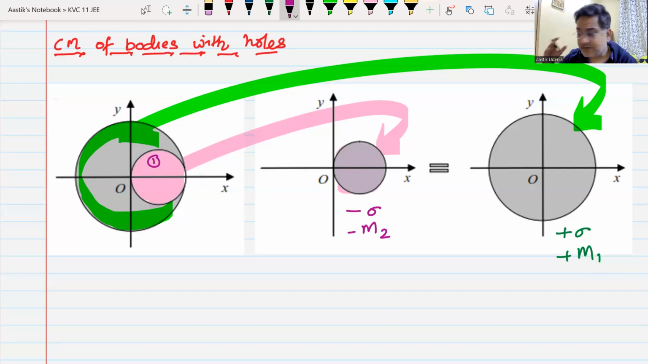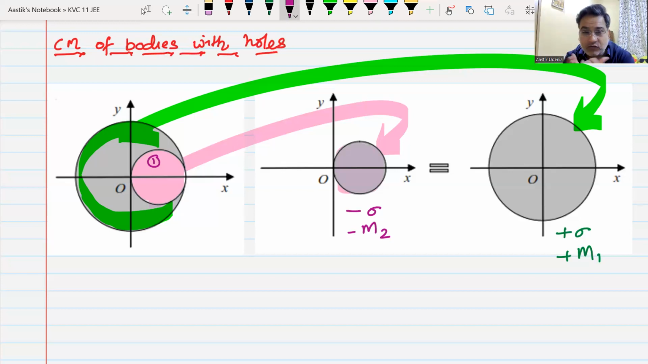One body is having positive mass, and on that I have put another body which has got negative mass. So the result will be the body with the hole. And that is how you create a hole in any of these bodies. We don't have to create a hole. We just have to understand how we are going to find the center of mass, how you can imagine that this hole behaves,